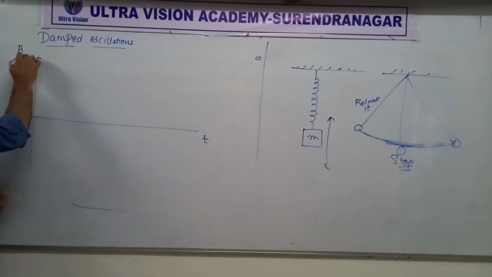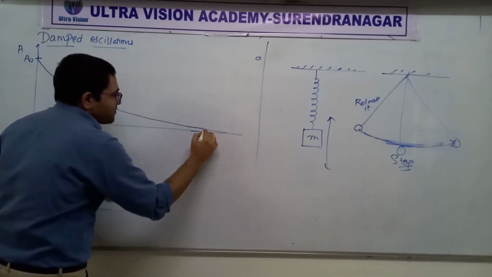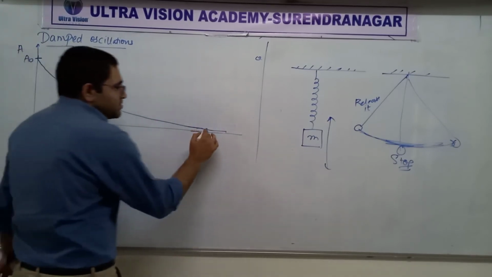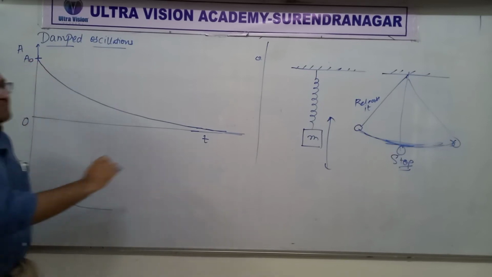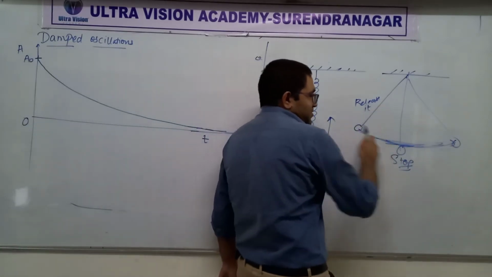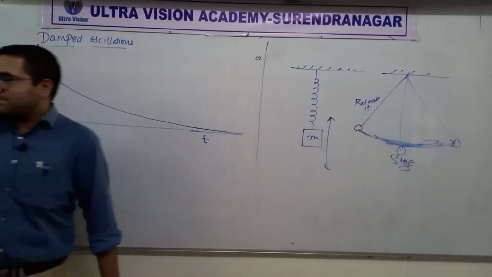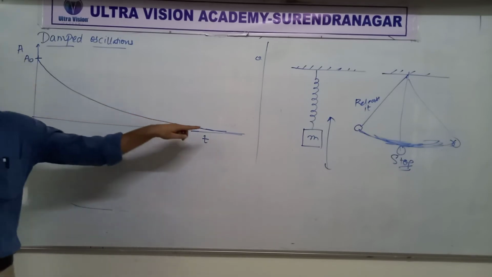So first the amplitude will be maximum, A0, the initial amplitude. From there the amplitude will decrease exponentially, that is like the graph of e raised to. Okay, like this. And finally it would become 0, after a long time. Did you understand this? At the start the amplitude will be highest. Have a look at this pendulum. Maximum amplitude. Gradually here, stop. Got it? Gradually the amplitude will decrease.